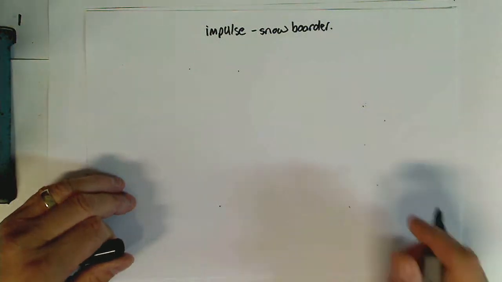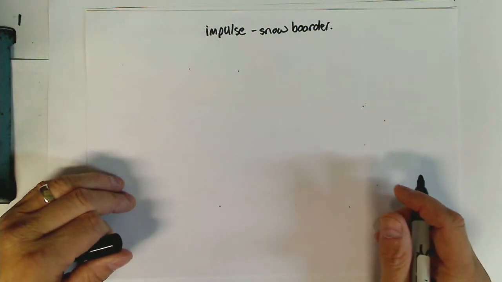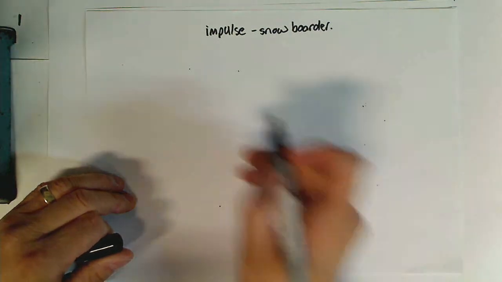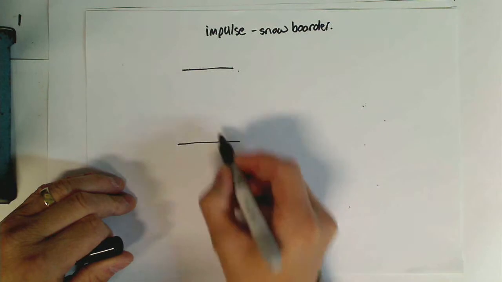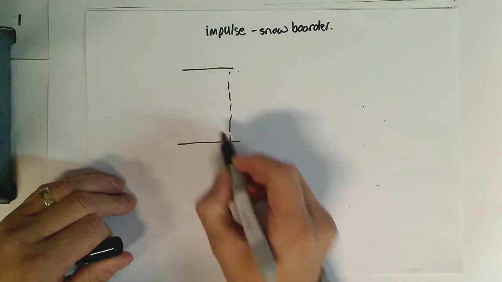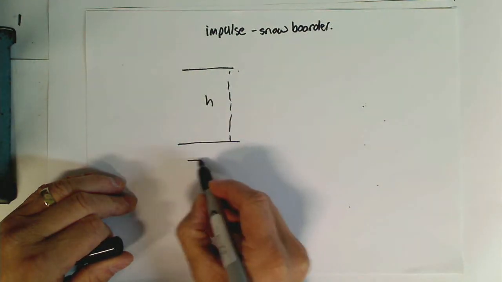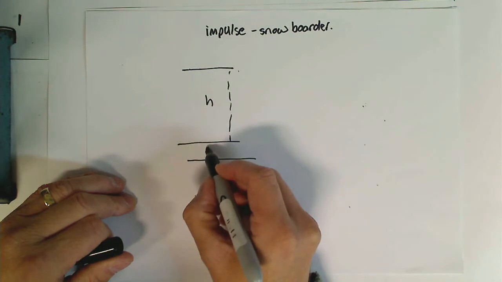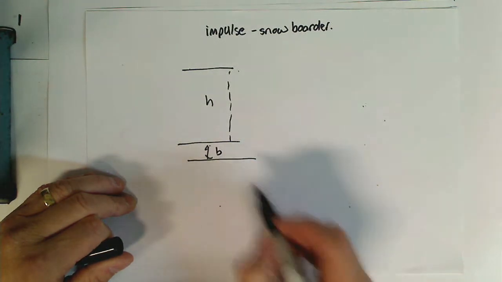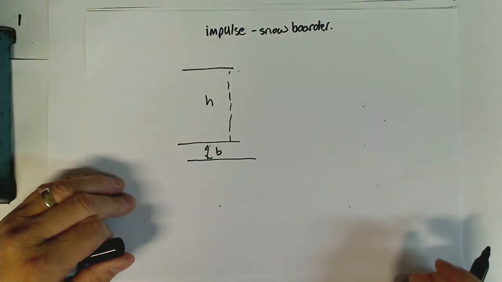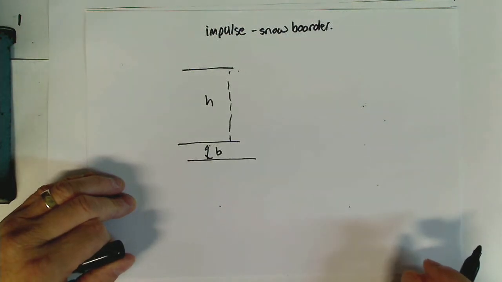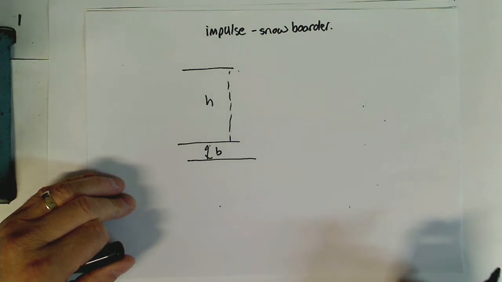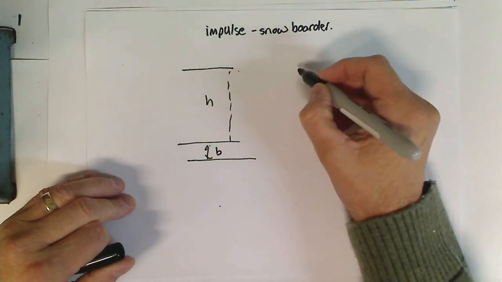I want to look briefly at that situation we had with the snowboarder, where we had a guy jumping a certain height, call that h, and then he lands on the snow, and within a distance b we get a force from the snow stopping him. Now we were able to work out that reaction force reasonably easily, because that was just the work